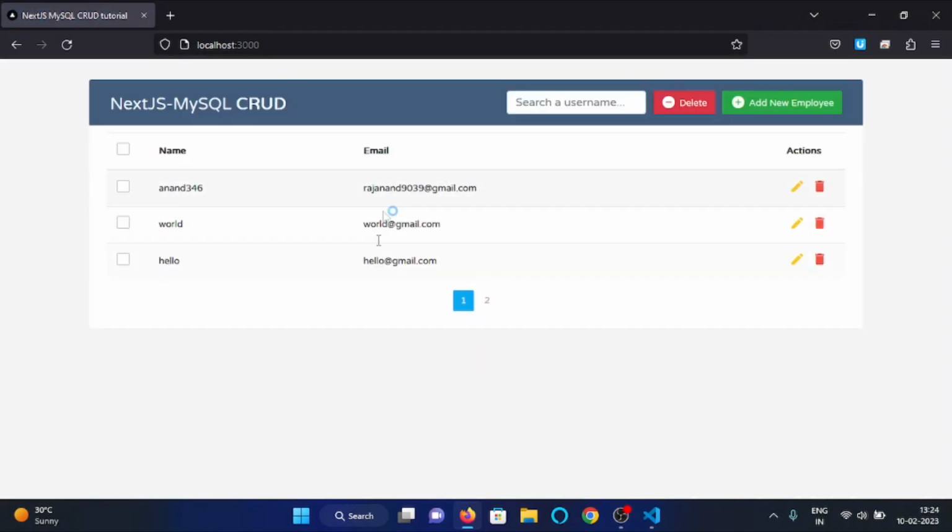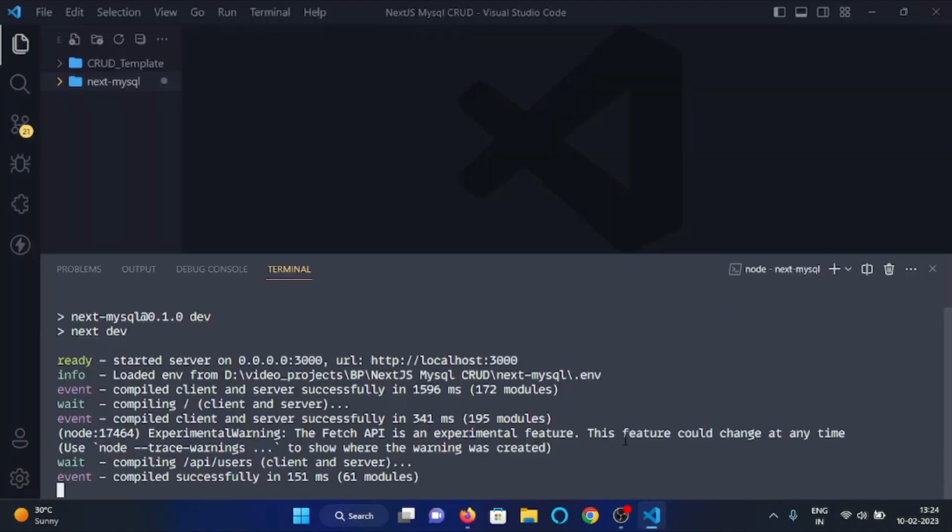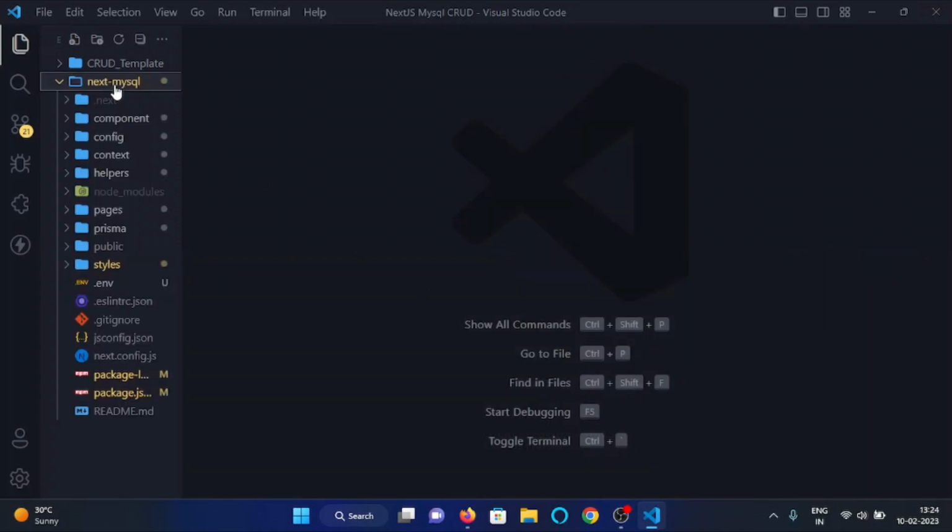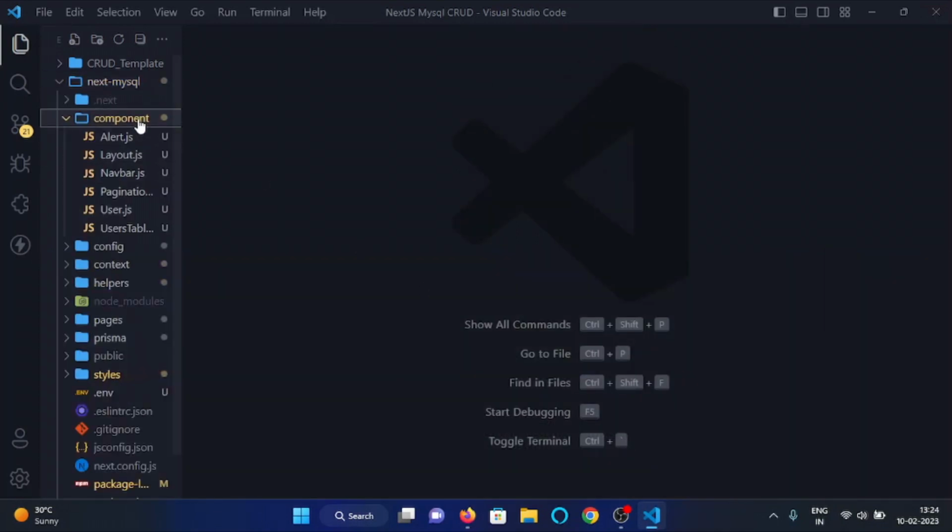And now here you can see this is our application, and now we want to delete the data of a user by clicking on this delete icon. So let's see how we can implement this. Back in our VS Code, from the project root directory, in the components folder, open layout.js file,